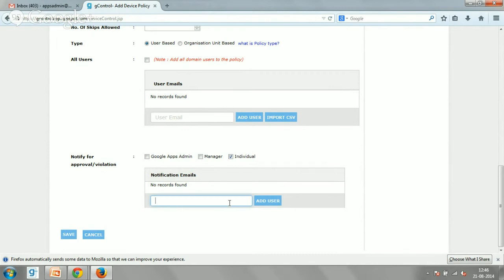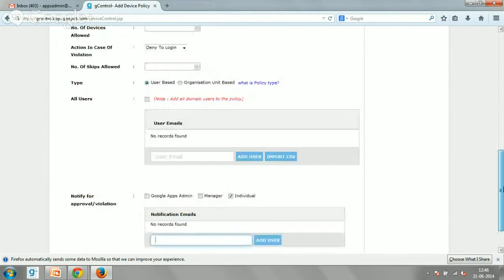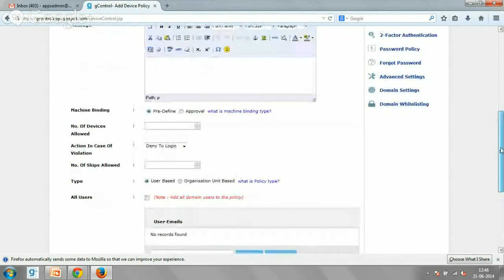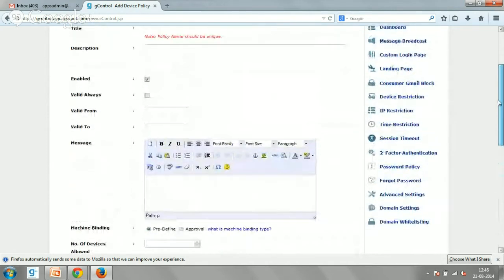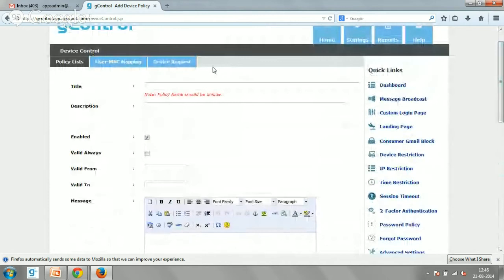Okay. Yeah. So once the policy is applied, can you log in through any account? Suppose a policy is applied, and now let's try to log into a user to which the policy has been applied.